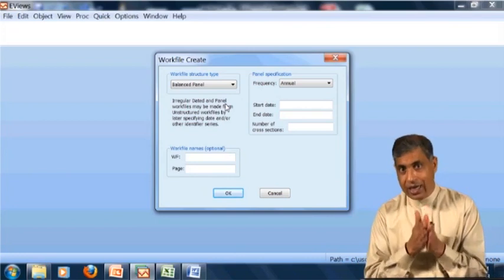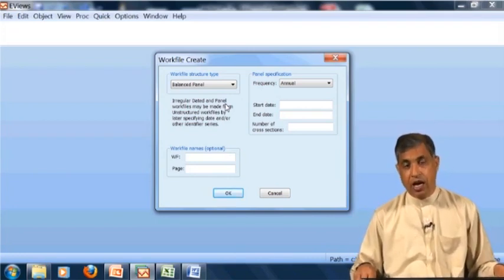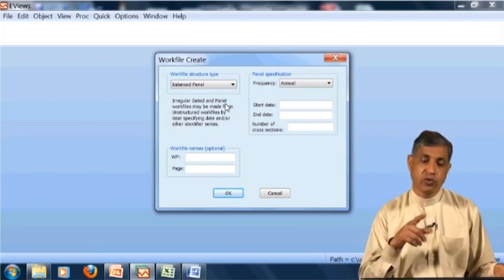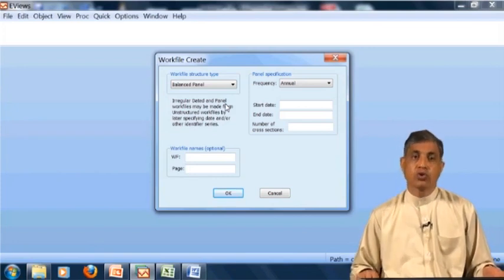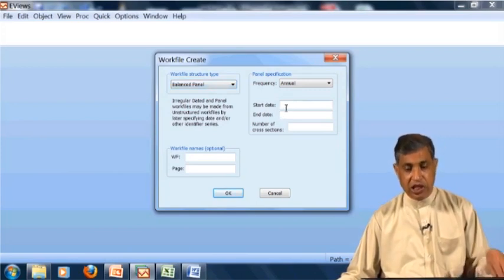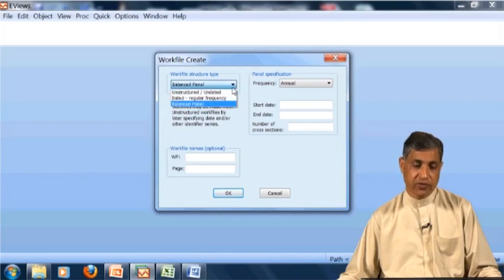So now the data time is not equal. This is called an unbalanced panel. Most of the time you will confront balanced data. If you say this is the balanced panel, it will immediately change the window.